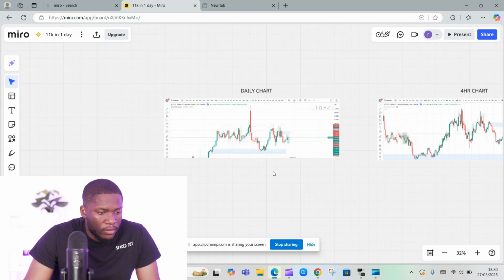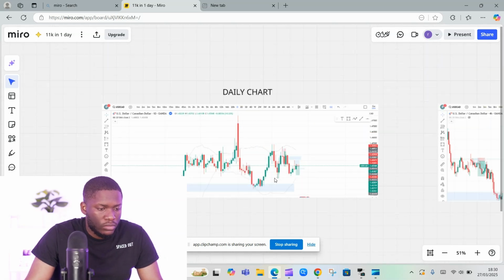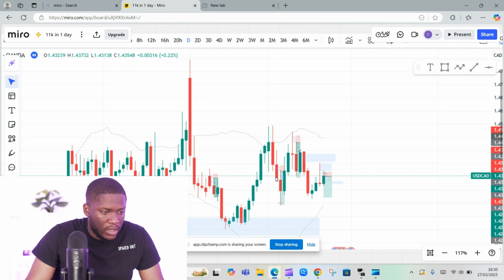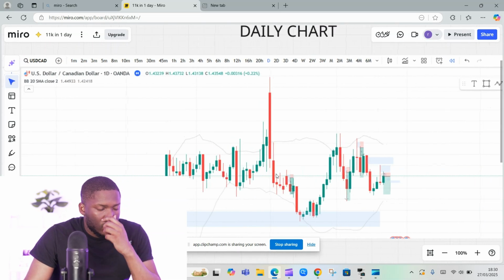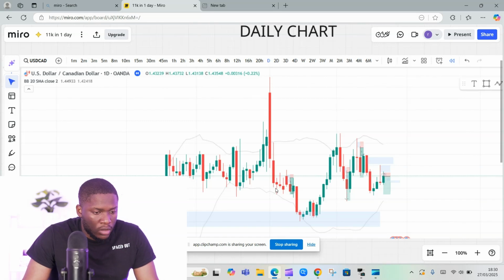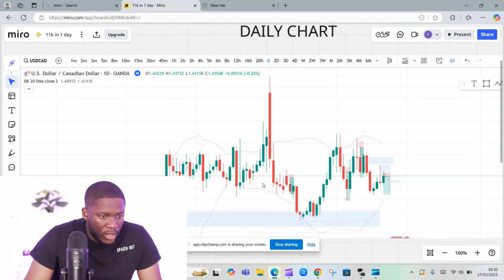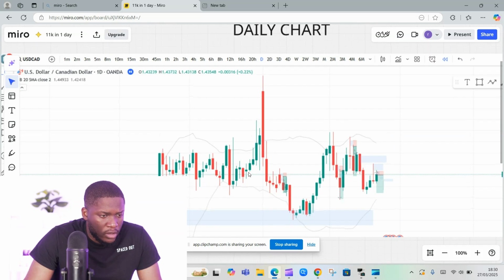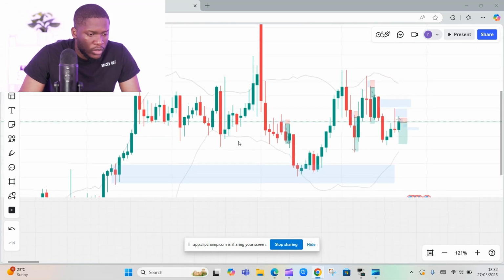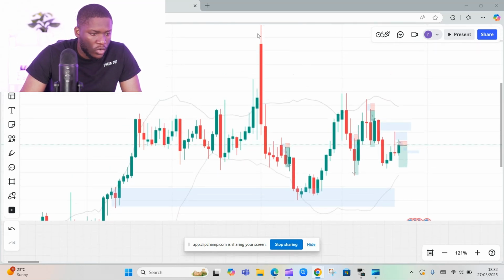So basically, I started the trade on the daily chart. So this is the US dollar versus the Canadian dollar. Okay, this was the daily chart. This was the 25th, I think. Yeah, this was the 25th. Okay, so basically on this daily chart, first of all, this whole big thing